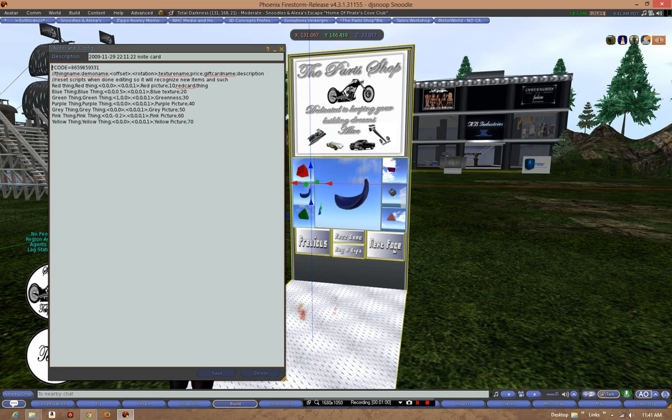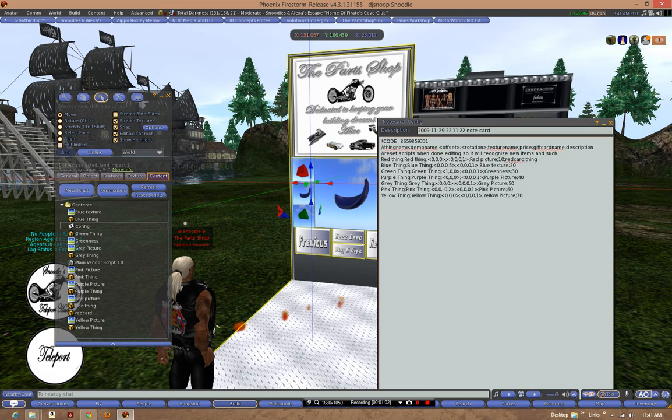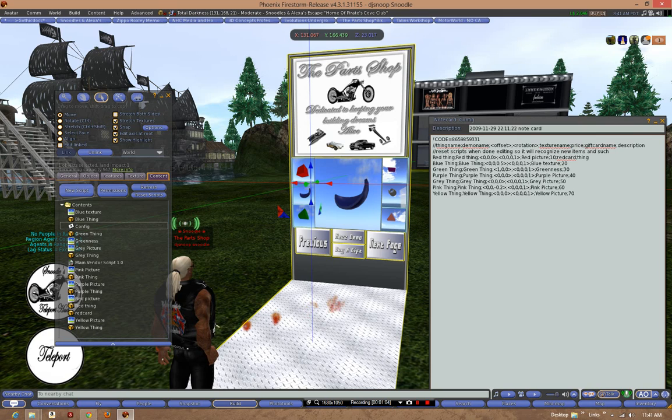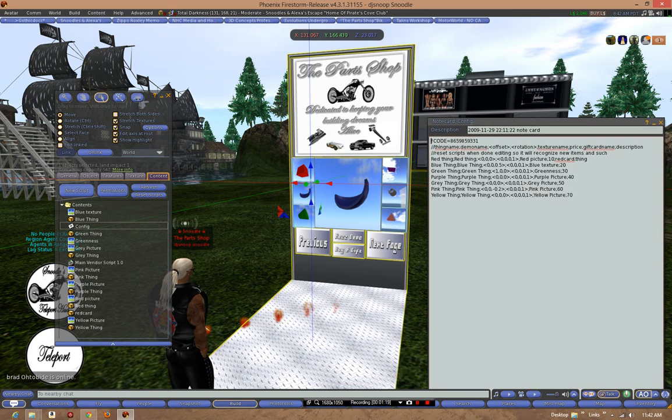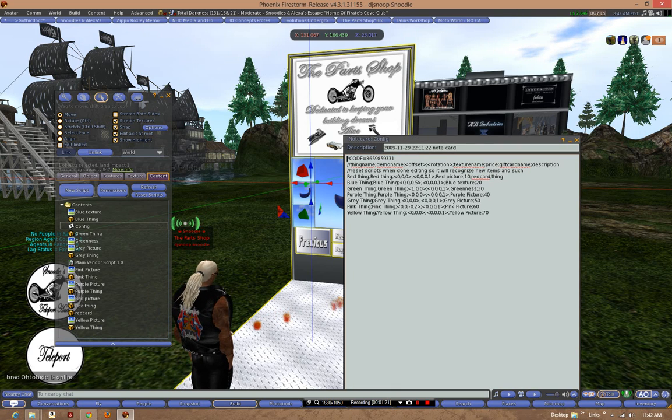Now you notice inside this note card at the top, I simply put a simple code up here. The code is what reacts to the actual gift option, which I'll show you here momentarily how to set up. You put a code up here for the gift option, and now you'll notice right here,